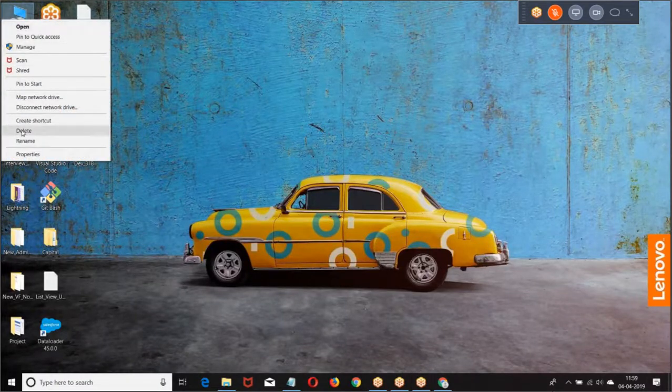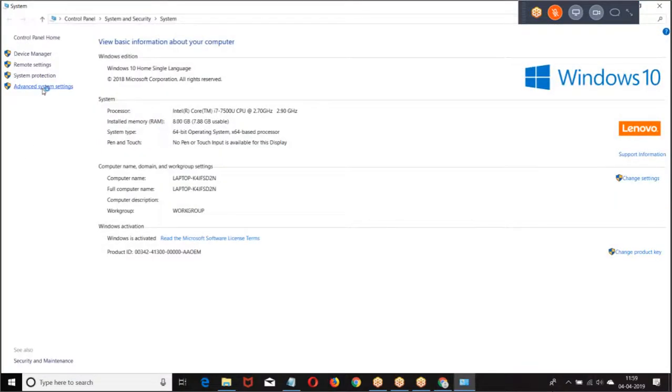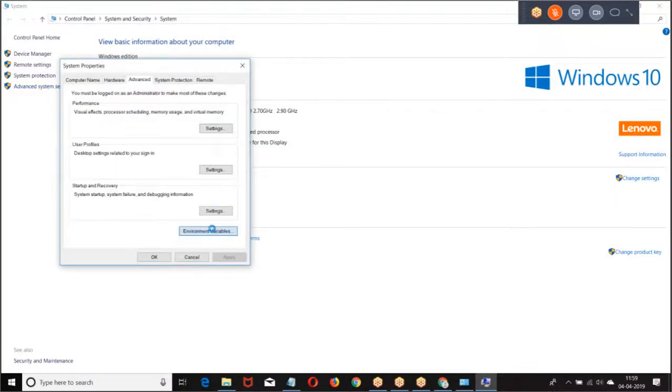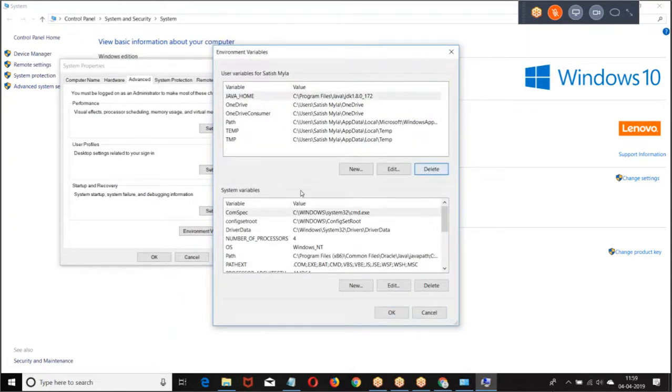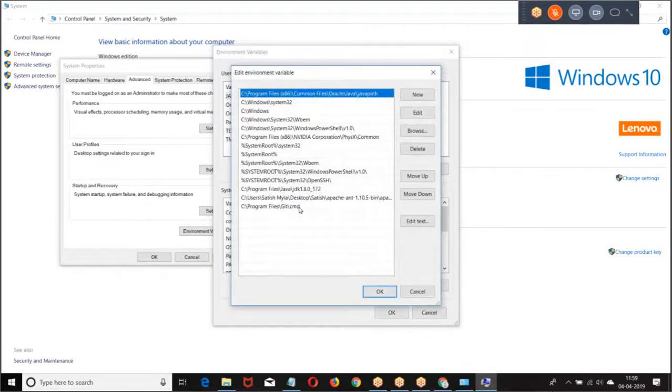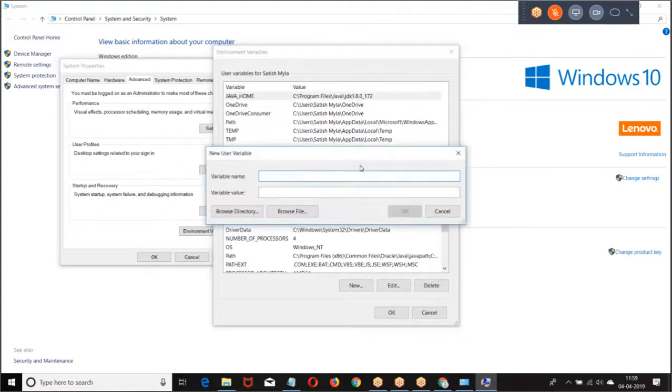Go to this PC properties, advanced system settings, environment variables. Now go to environment variables, new, and ANT_HOME.